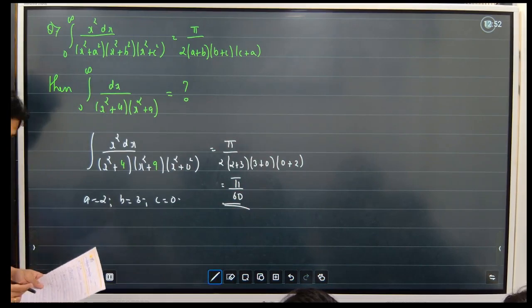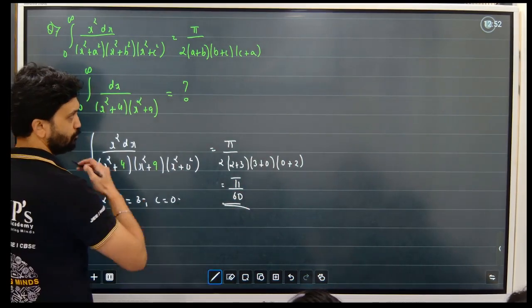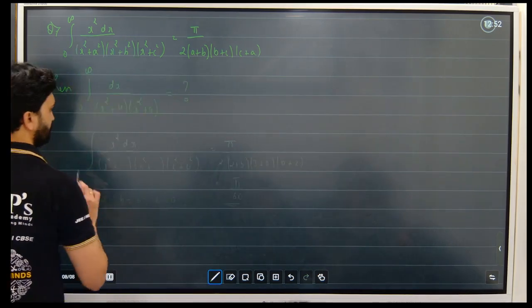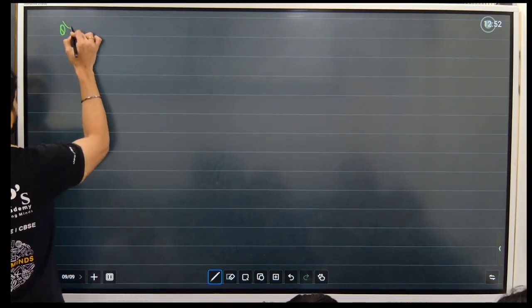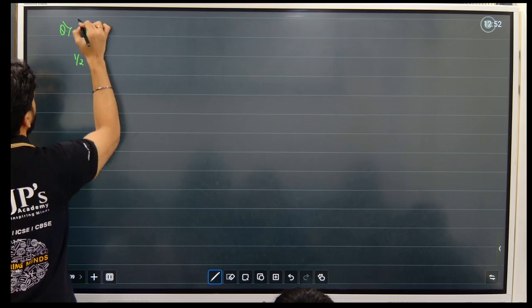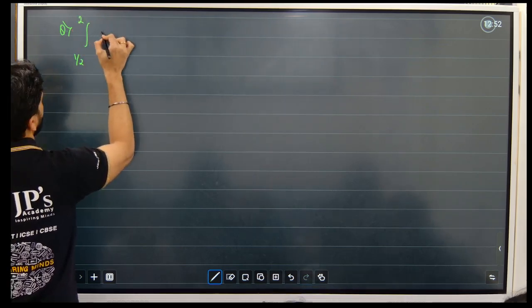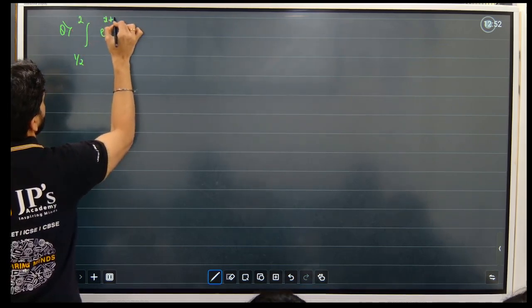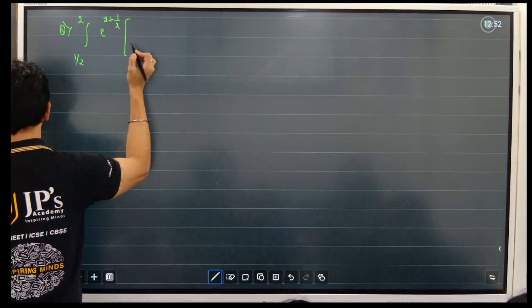Did you guys understand this? Anybody has any doubts? No type, direct solving. You solved it directly. Integration half to 2, e raised to x plus 1 by x into